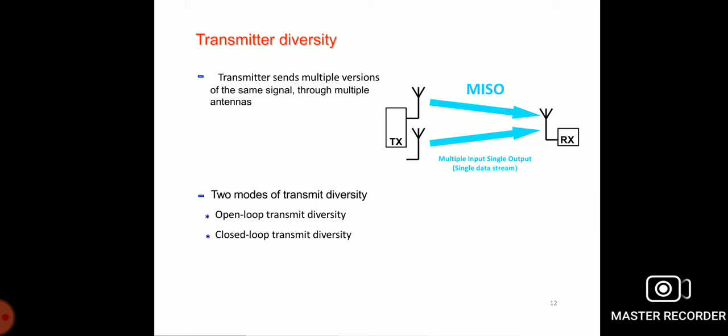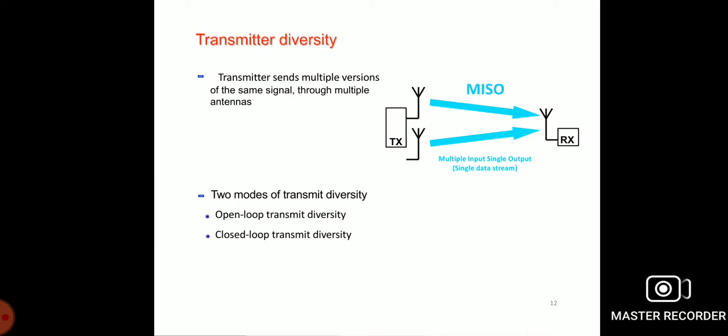So now, the diversity and the bandwidth efficiency. We can see the MISO, that is multiple input, transmitting diversity of the input signal through two, three, or five different transmitting antennas. We are sending the same information in different time domains in the symbol representation, that is, different time durations.